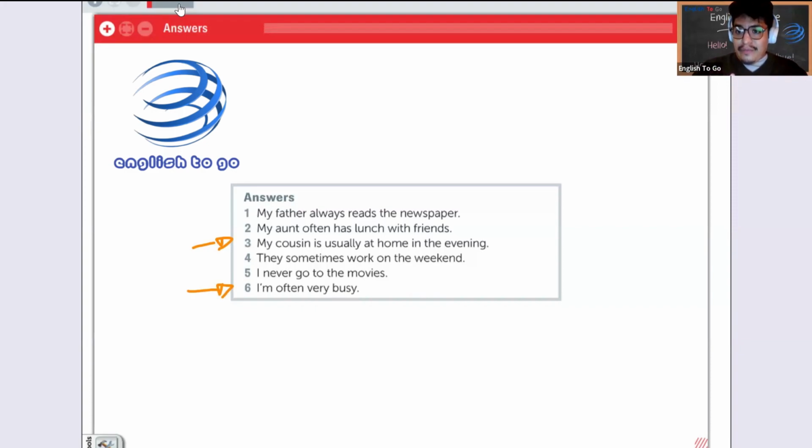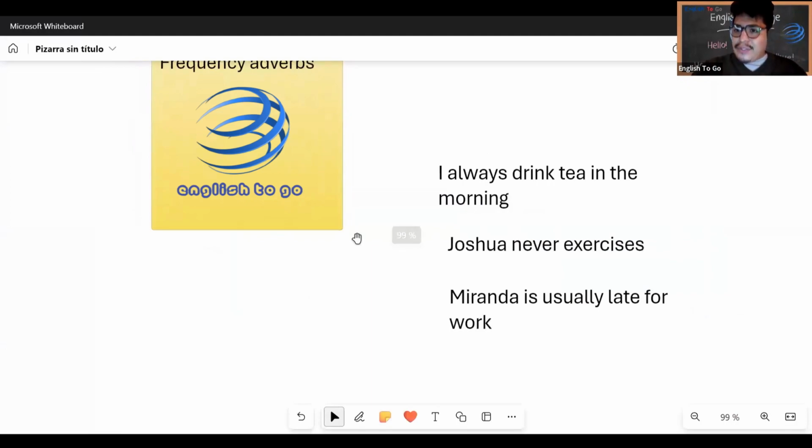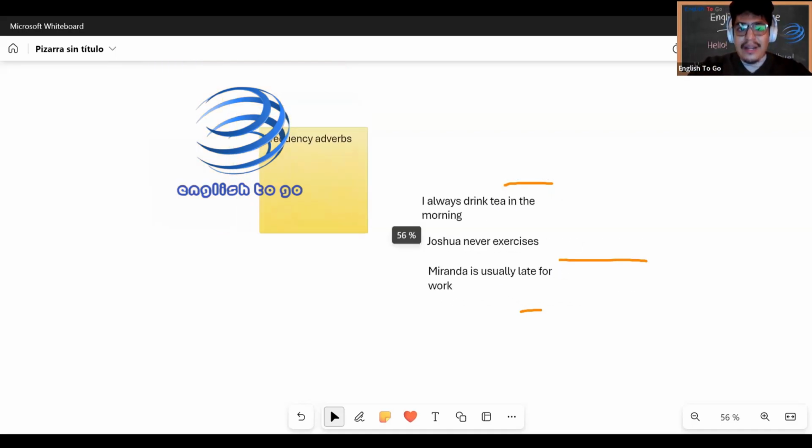So let's do something. Let's go back, please, to the first. These are the first exercises. We use them in the beginning of the class, okay? If we analyze these sentences, guys, I am using actions like drink or exercise. But what about the verb to be? Okay, let's go back to check out the grammar because the formula changes a little. I promise you, this is not difficult at all. Okay, let's go there.